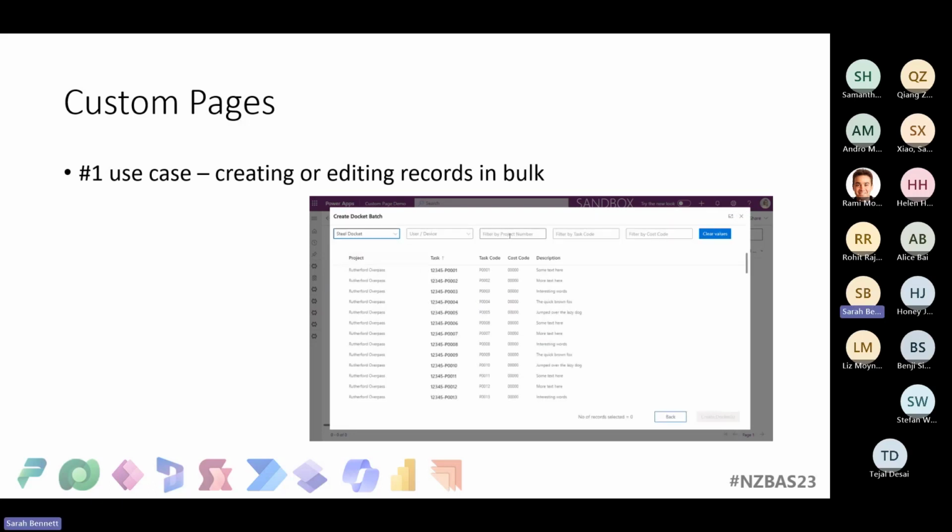Hands down, my number one top use case for custom pages is to create or edit records in bulk. And I've created quite a number of them, different scenarios based on that same theme, creating or editing records in bulk. So what I'm doing in this GIF here is,